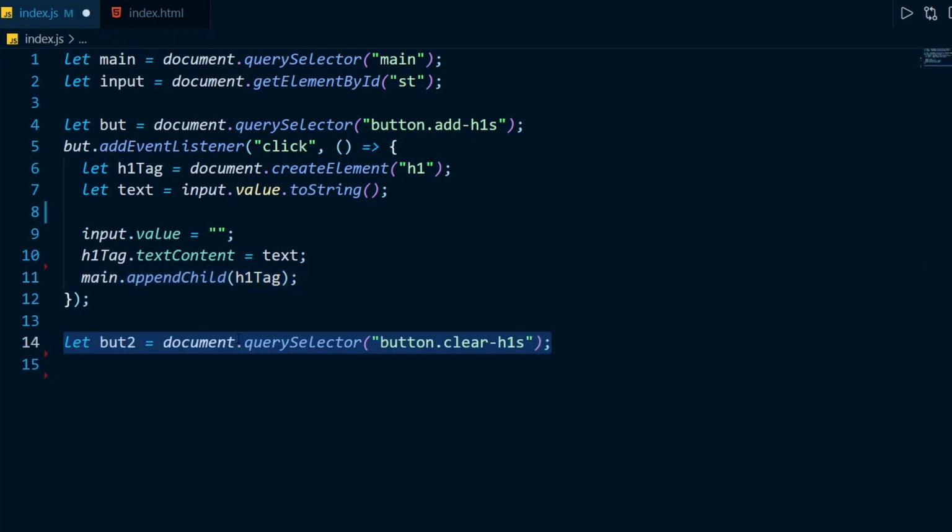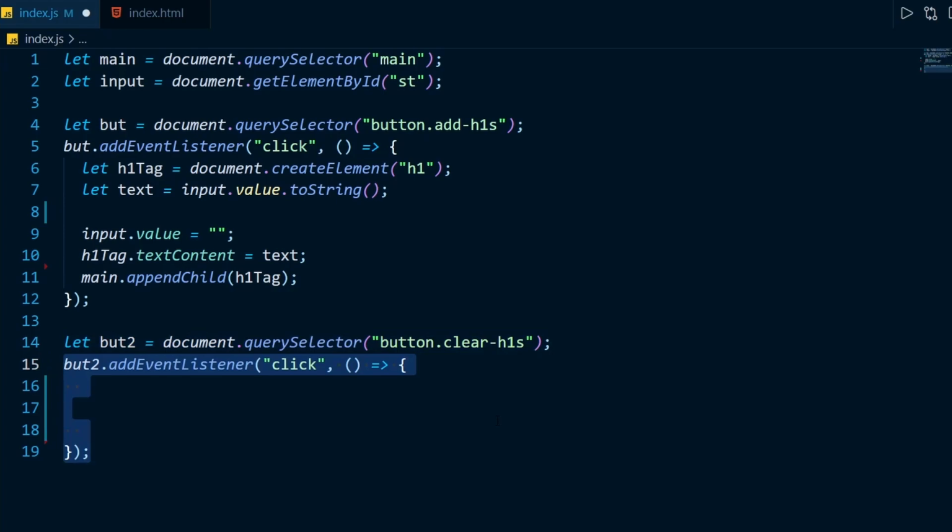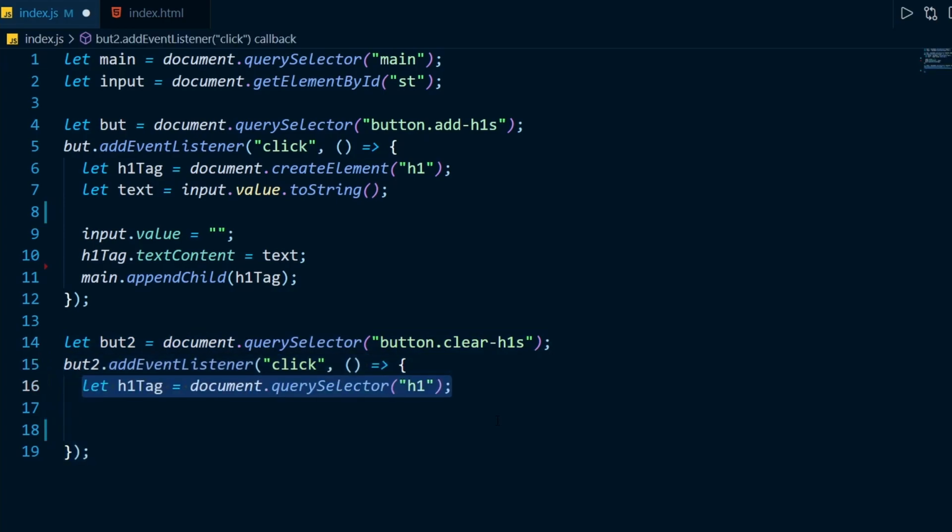Similar to append child, we can first get a reference to the second button, that is the button with class clear h1s, and we can add a click event listener. After adding a click event listener, select the h1 tag, but what it will do is it will just select the oldest h1 tag that we added.